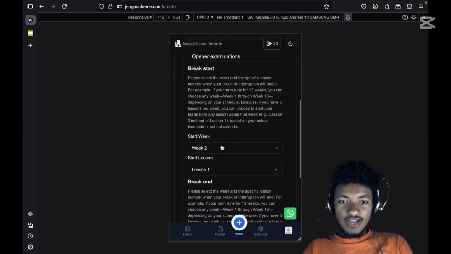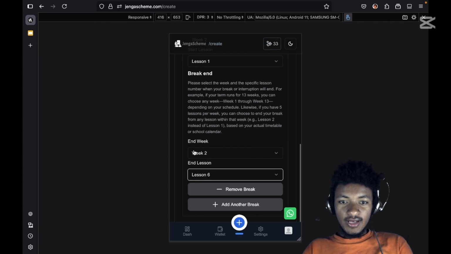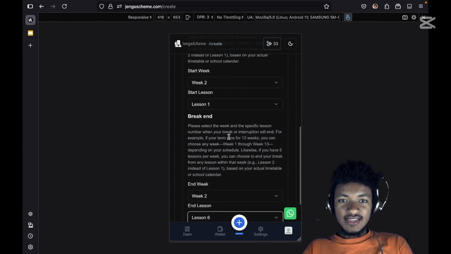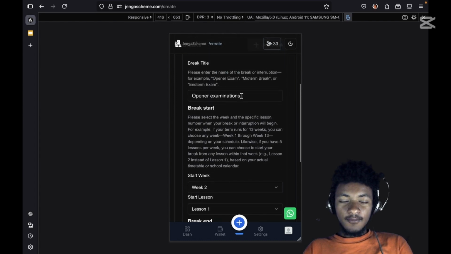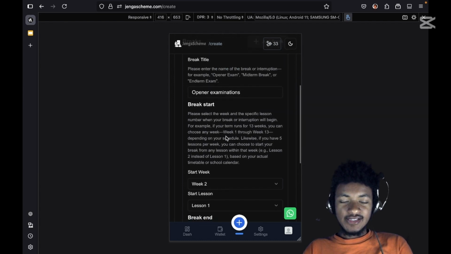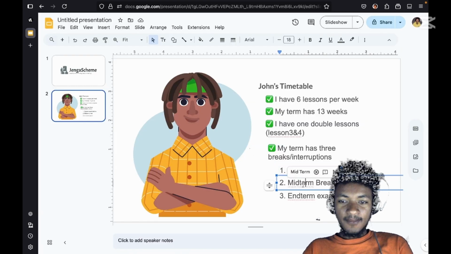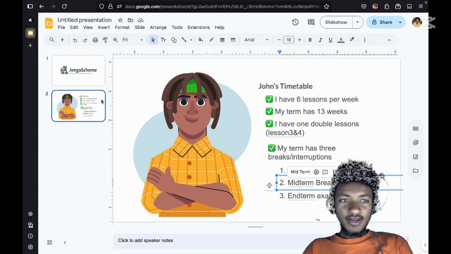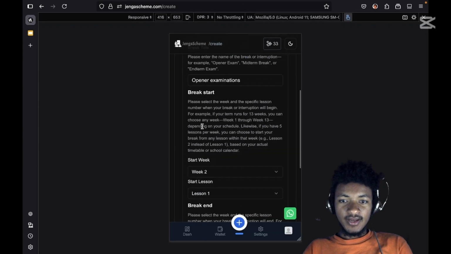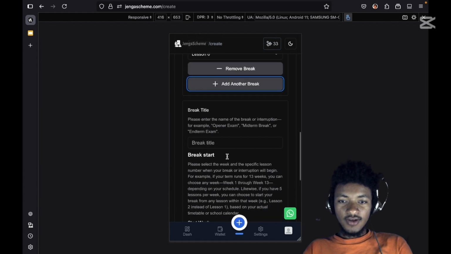So the break start will be week 2, lesson 1, and the break end will be week 2, lesson 6. This means that this is the whole of week 2. The whole of week 2, the students will do open examinations. But we can see here that there is a midterm break and the end term examinations. So we need to also add the midterm break. So here you can add another break. Just click on add another break